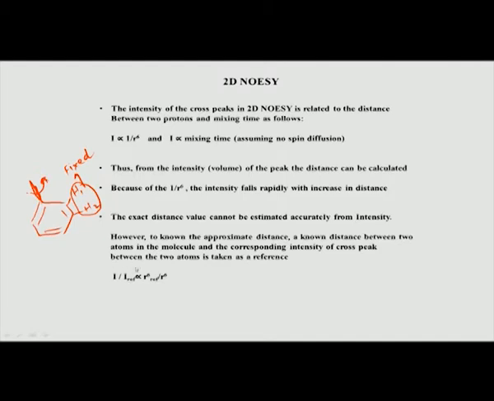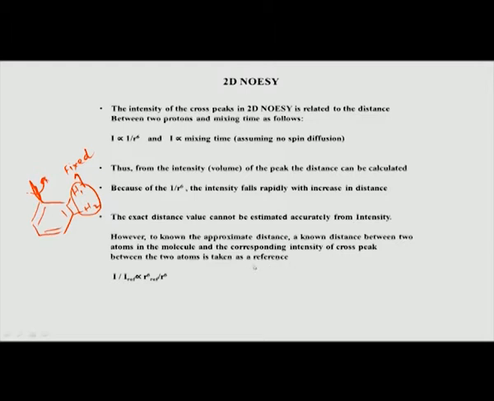So, if I simply take a ratio, then I upon I reference will be equal to, in fact, you can either say proportional or equal to, I upon I reference, where reference is the intensity between these two hydrogens, is equal to R to the power 6 reference, that is the distance between these two hydrogens, divided by the unknown distance R to the power 6. Now from this equation I have three knowns. I know this from the spectrum, I know this from the spectrum, I have this from the structure here, and this is what I need to calculate. So, this is one way to calculate distances between atoms based on a reference.